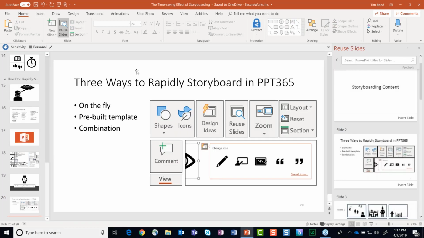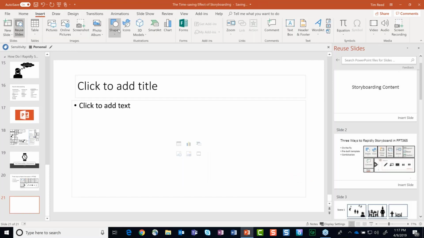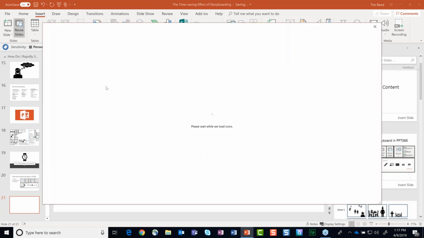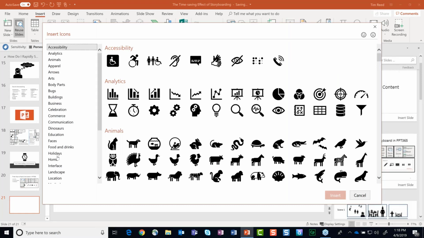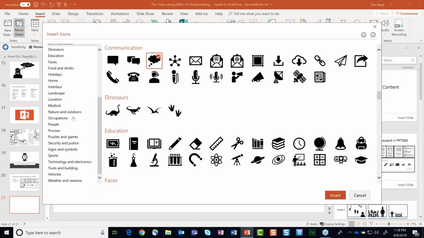All right, and then now the next slide I have is that first question there, right? It's the what is storyboarding. So I'm going to go back, go up and give myself a slide here, and then use my icons to start building that slide. I know that in the people section is where I'm actually going to find the communication sections first, right? That's where I'm going to find my thought bubble,